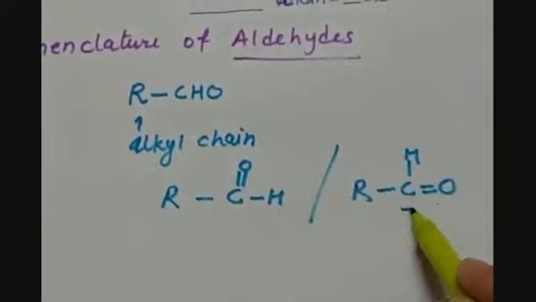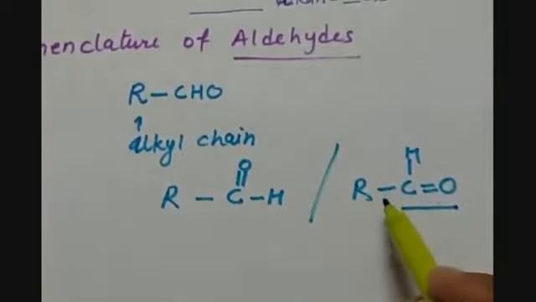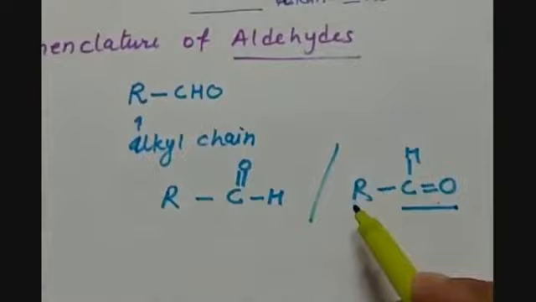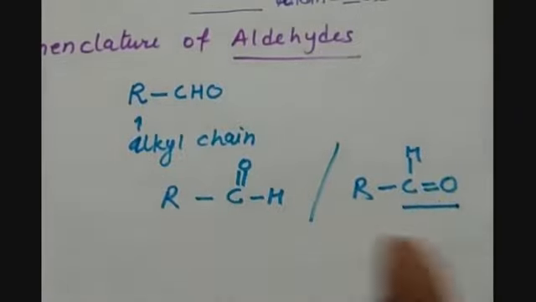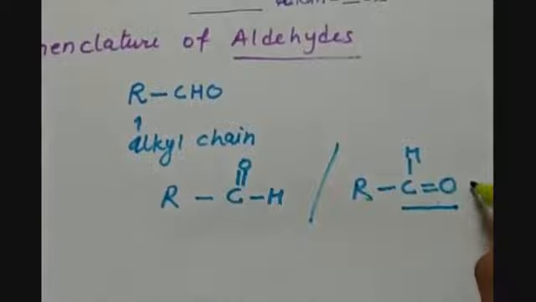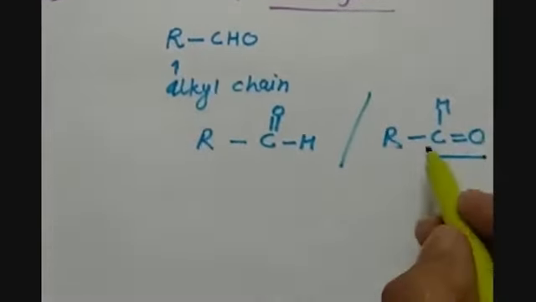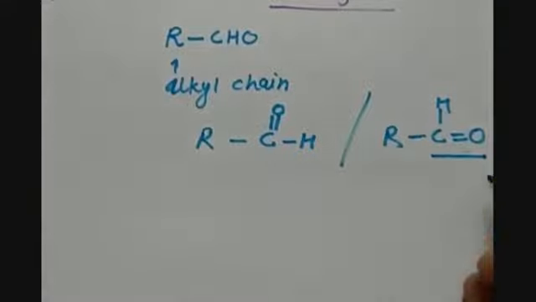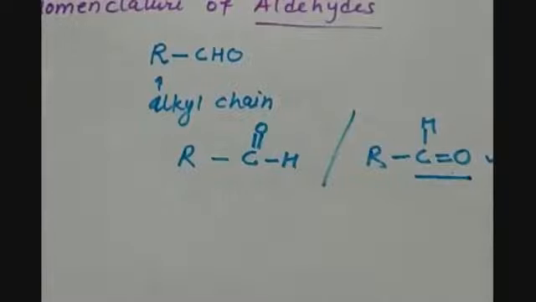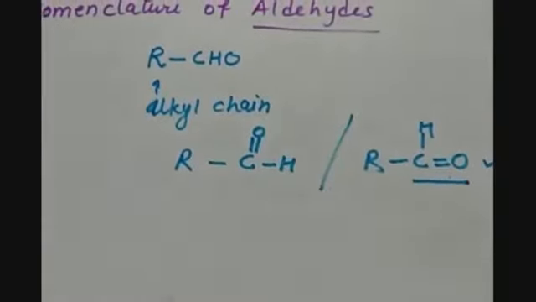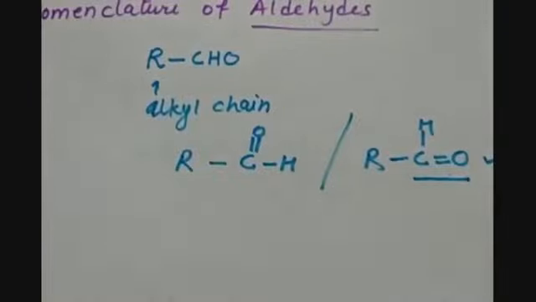As this CHO group, or aldehyde group, has just a single bond to connect with the alkyl chain, that means this functional group will always be present at the terminal of the chain. That is why this functional group is also called a terminal functional group, which we studied in lecture number 7, I guess. So this will always be at the terminal, so there is no need to mention its position, because the CHO group will always be given priority when we are finding the parent chain. So let us see how it is done.